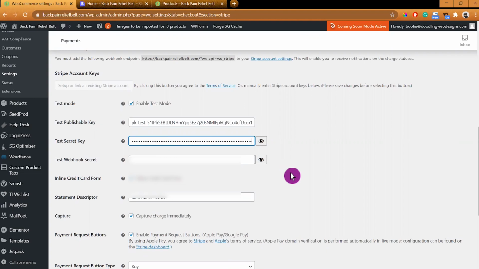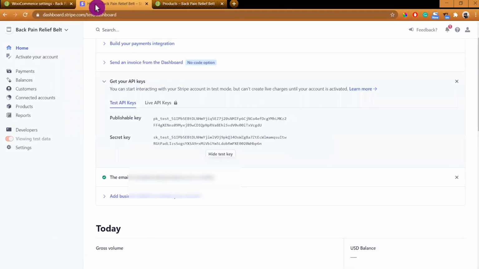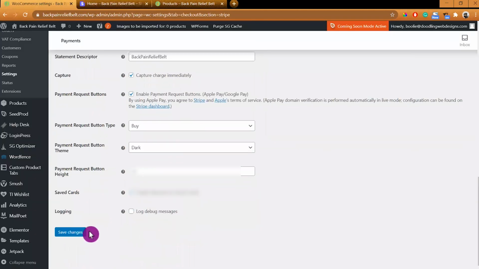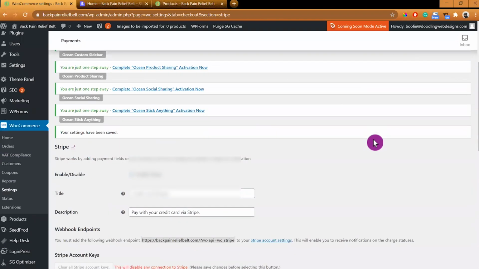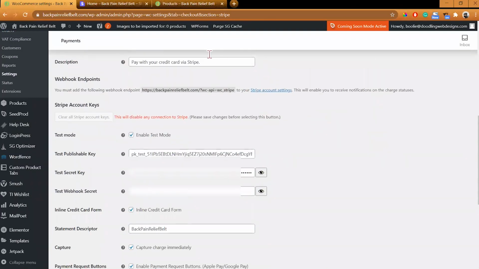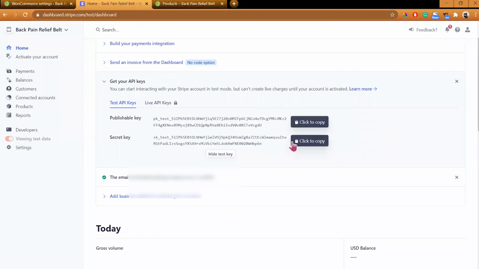This one is the test. Copy and paste all the keys there, and then once you're done with the test keys, you just save. After you're done saved, you can uncheck the test key and add the live key instead. Once you're done with the live keys, just save changes, and then you can toggle or check the box to